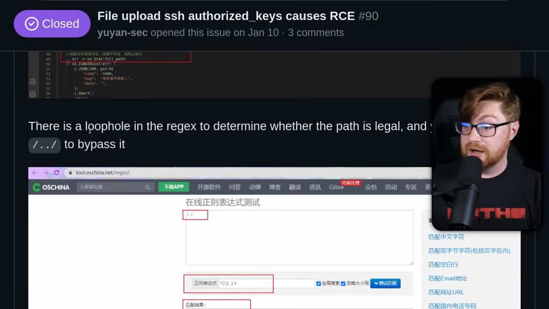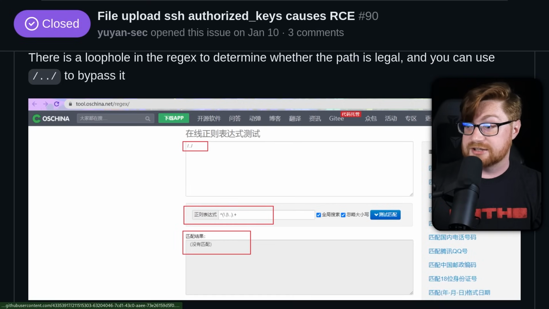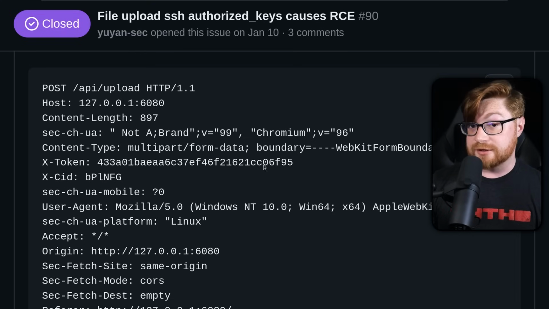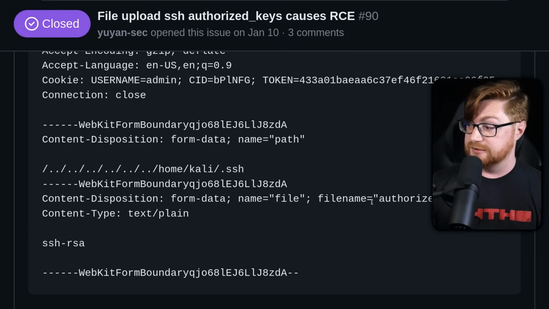You could still supply a path, like an absolute path that doesn't start with a period or a dot, it's just the /. Their write-up references just as well. There is a loophole in the regex to determine whether a path is legal. You can just use /../ to bypass that. Here they showcase their HTTP POST request yet again,